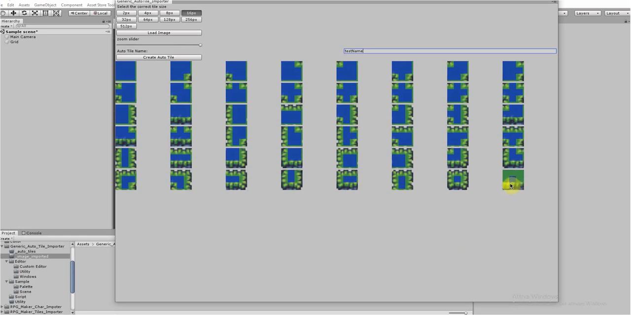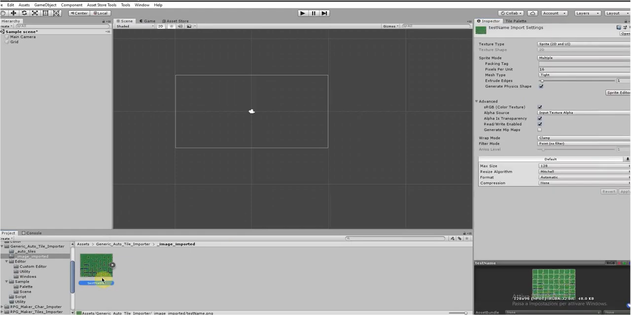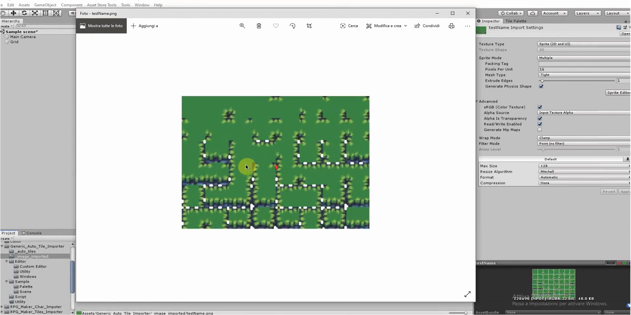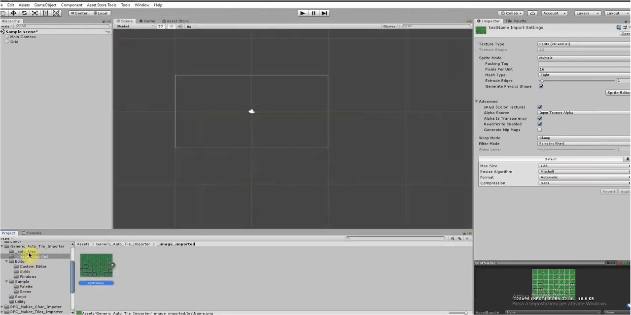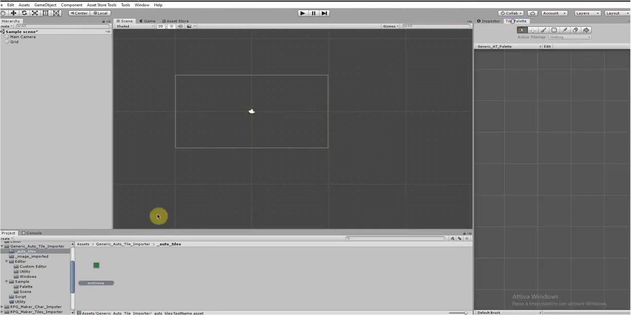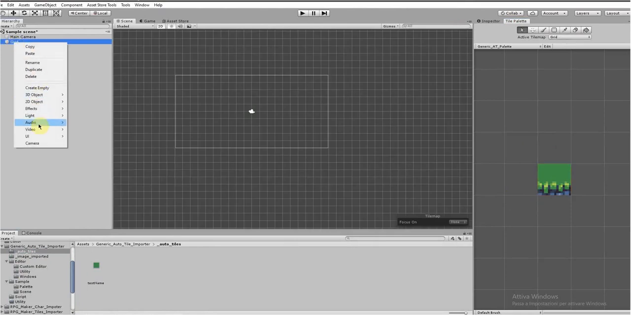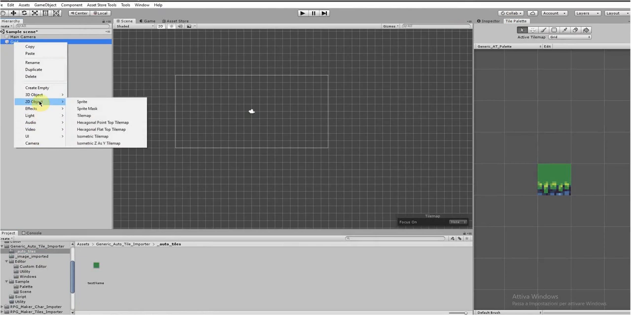Okay, this tile here will be deleted in the next step. So now I have the image here with only the tile I want to use. I have here the tile that I can add to a palette tile, and then I can create